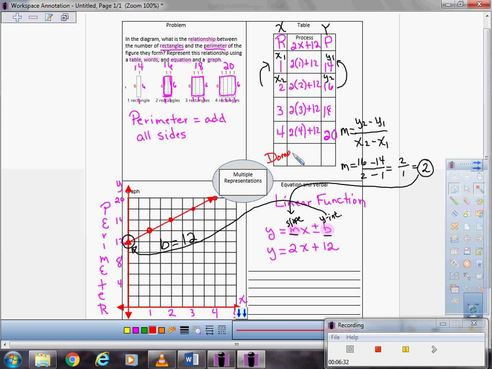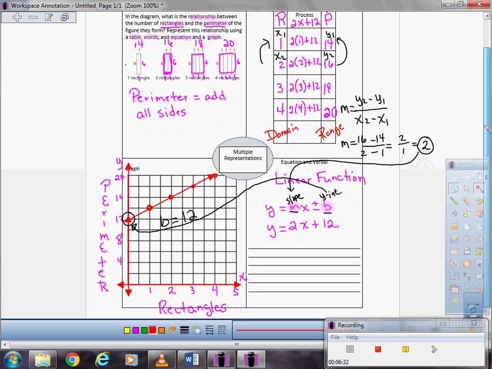That is one way you can just call your x's. Your x's can be known as your domain. And let's call the y's range. And so when we write a verbal description, we're just going to verbally describe our formula here. We just look at the formula, start at the beginning, and make a sentence using words. So the y is called the range. So we're going to start with the range